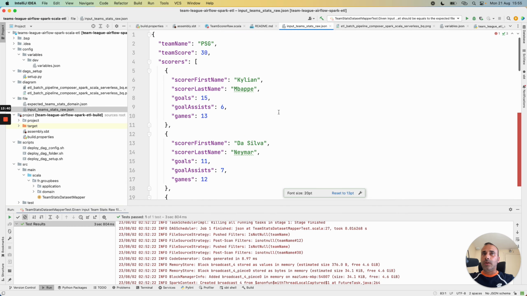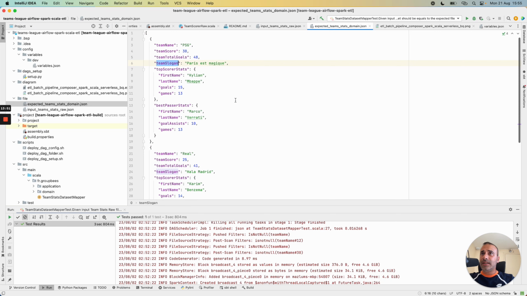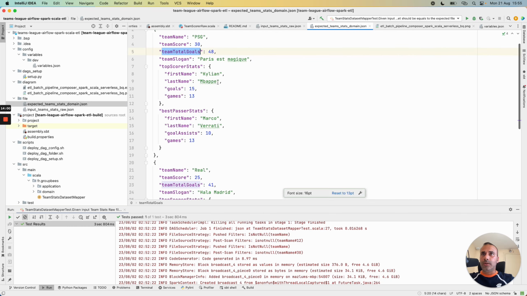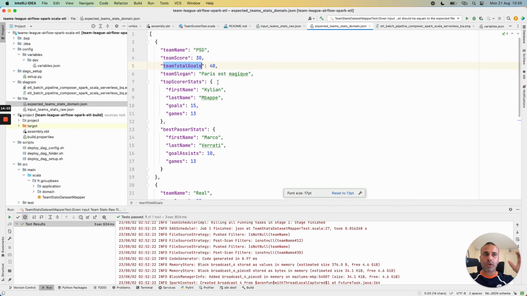We have raw data with TeamStat, the statistics per team. Then for the domain data, we calculate some elements like the top scorer, the best passer, and also the total goals per team. And the Spark job, for the transform part, has the responsibility to calculate all these elements and then write the result to a BigQuery table.